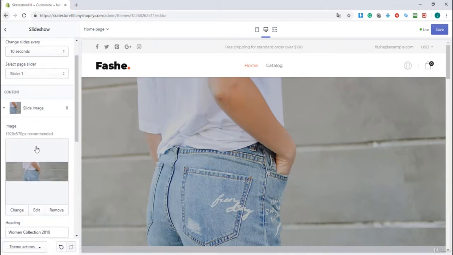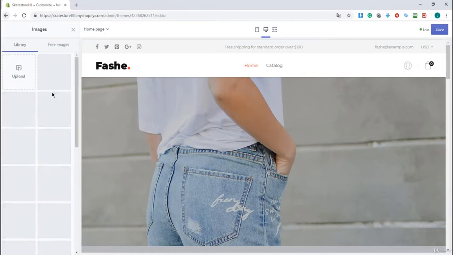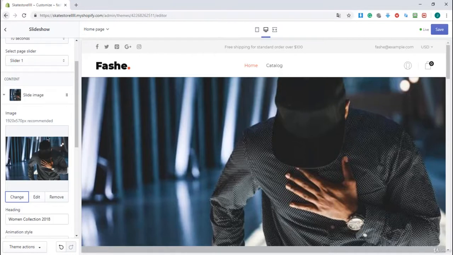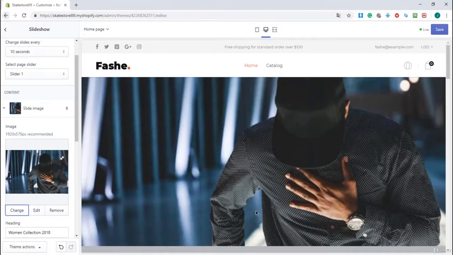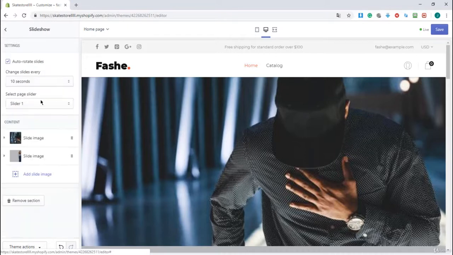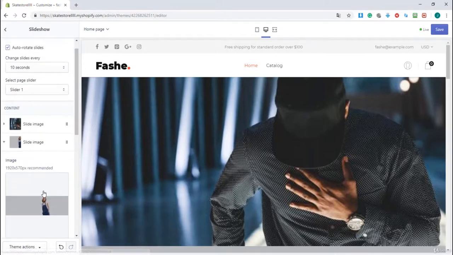I'll put all the files in the resources that I use, so please take a look at the resources, and I will select this one. Okay, it's looking really professional for your web shop. Nice. And now we're gonna change this second slider images,